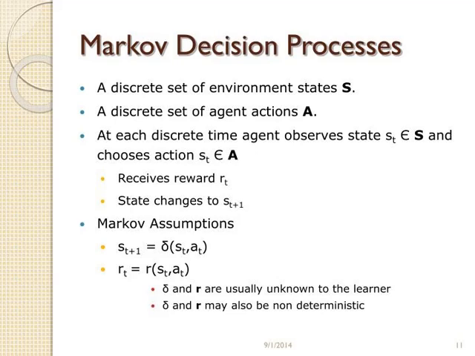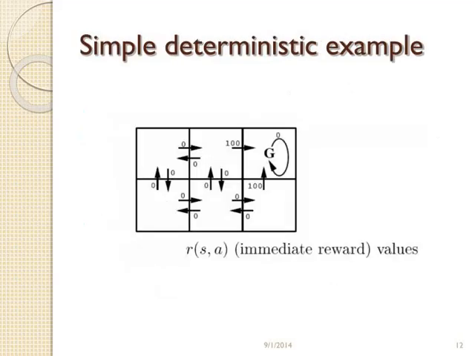Markov assumptions: the next state, s_t+1, is determined by the current state s_t and the action a_t, typically represented as s_t+1 = delta(s_t, a_t). The reward r_t depends on the current state s_t and the action a_t, typically represented as r_t = R(s_t, a_t). Challenges: the transition function delta